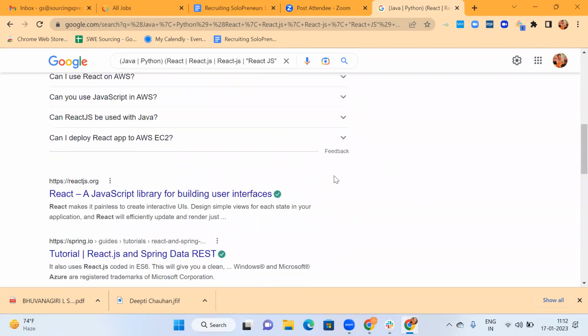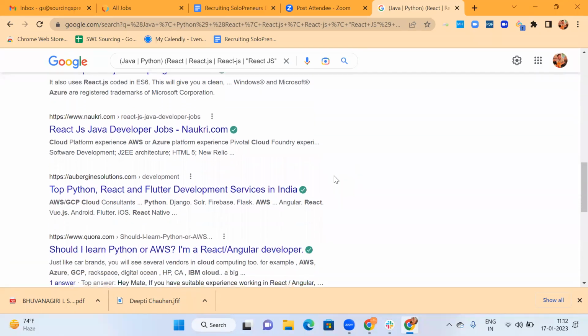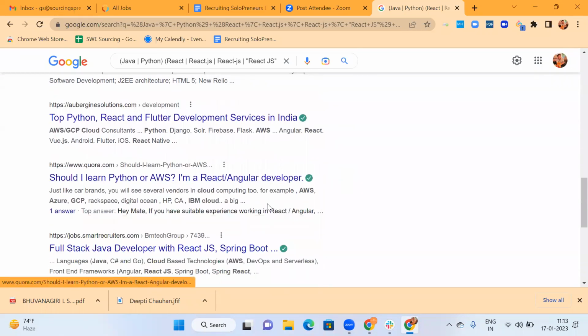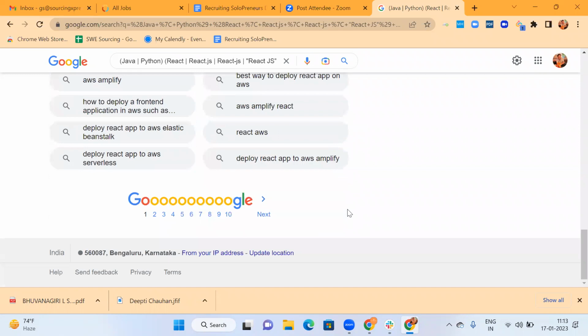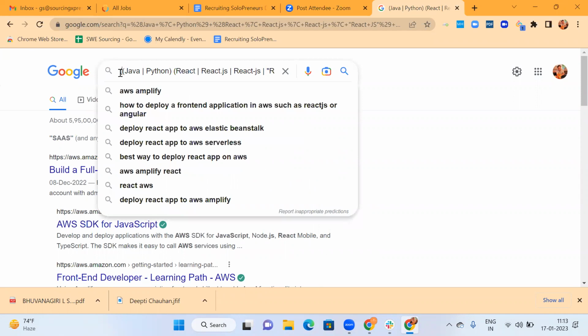If you see react.org, tutorials, a lot of development-related content, then results from Quora. But what we actually need is individual profiles, individual resumes from a variety of websites. So in that case, what we do is search only for CV or resume.